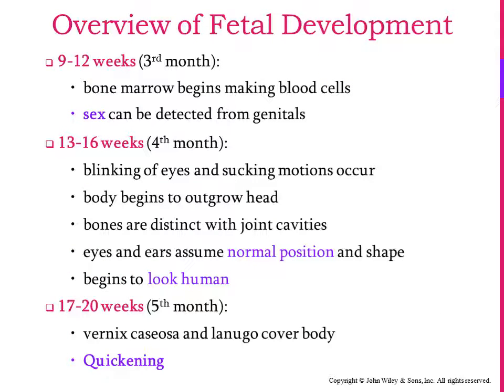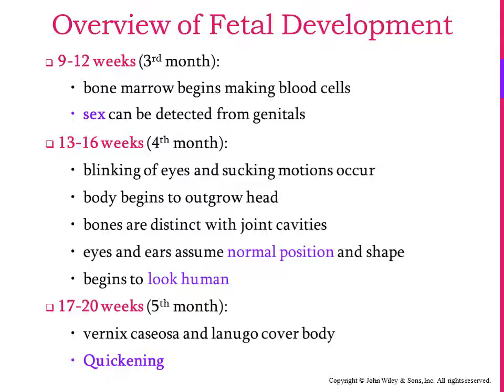All right, 9 to 12 weeks, this is when the mother is usually going for her first ultrasound and her first Doppler test to hear the heartbeat and to check the assessment of the infant. The bone marrow is making its own blood cells, and the genitals of the infant may become visible. The external genitalia are present, and visible if the child decides to assume a position in the uterus that can be detected